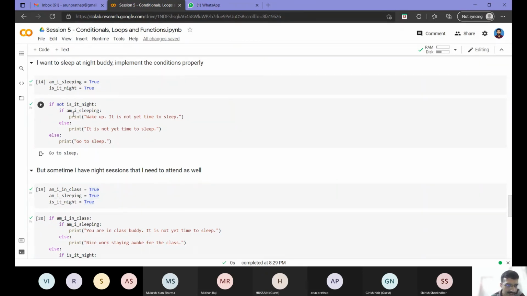Similarly, even inside this, if am I sleeping, I can go on implementing more levels of nesting. But the problem with more and more levels of nesting is that your code becomes more complex, more prone to errors, and difficult to debug. So you always restrict your levels of nesting to maybe 2 or 3. If you are not able to implement something within 2 or 3 levels, then you are not implementing it correctly, because most of our requirements we should be able to meet within 2 or 3 levels of nesting. As we will see in the pattern examples today, you can see how we implement that in the optimal way. So I hope Amrit is clear.